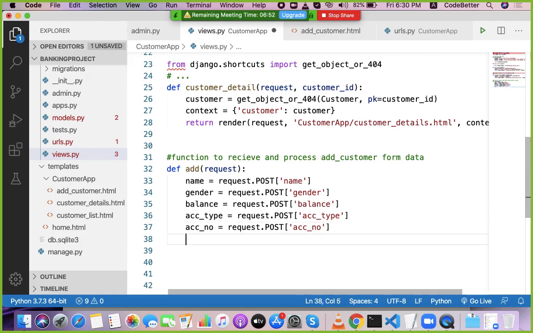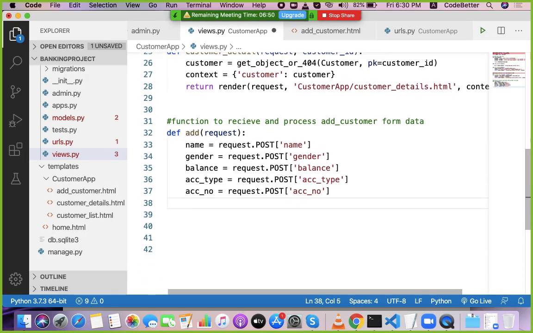Okay, so this is how we can fetch all the data submitted to this URL.